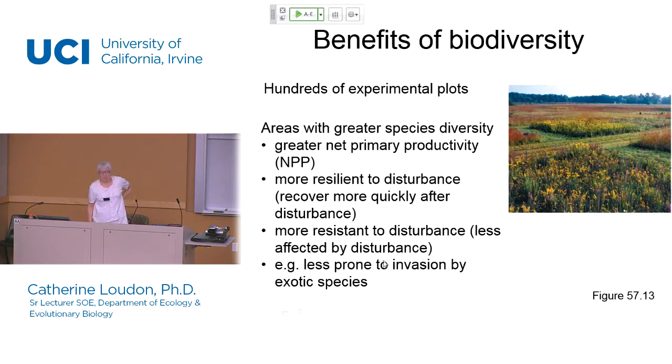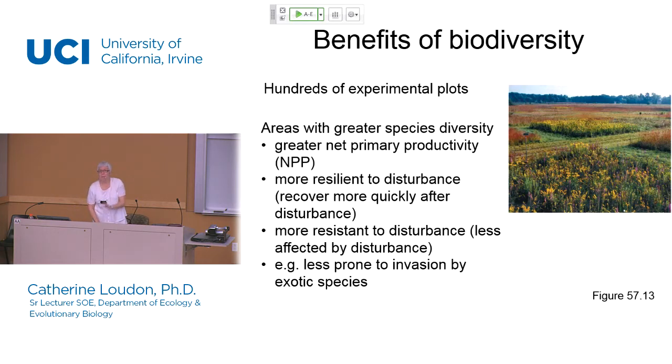So an example of a kind of disturbance would be an invasion by an exotic species. So the probability of an area being successfully invaded by an exotic species is lower for those communities that have larger numbers of species. That's a general overall generalization. There are some exceptions to this. But these consequences in general are considered fairly beneficial, and therefore efforts are usually made to try to preserve species